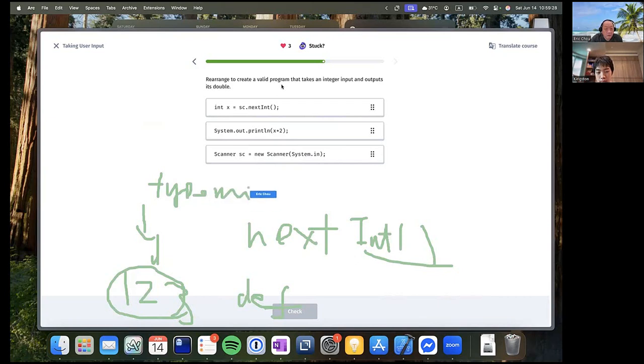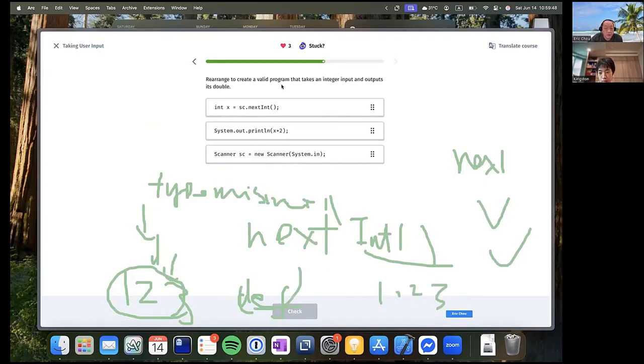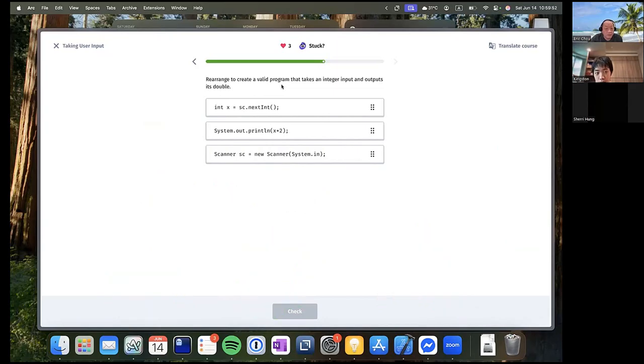So if you do next, 1, 2, 3 or DEF are both okay because it is a string; 1, 2, 3 is also a string. But next integer, you can only take an integer. You cannot take DEF. You cannot take 1.23. That actually doesn't work. Okay, continue.